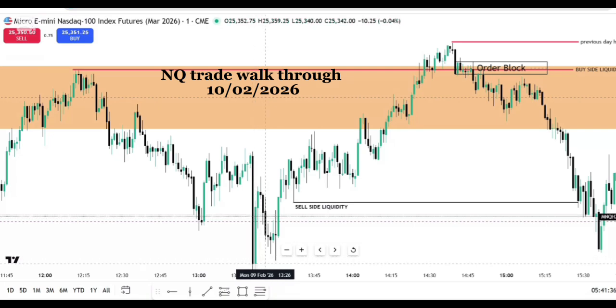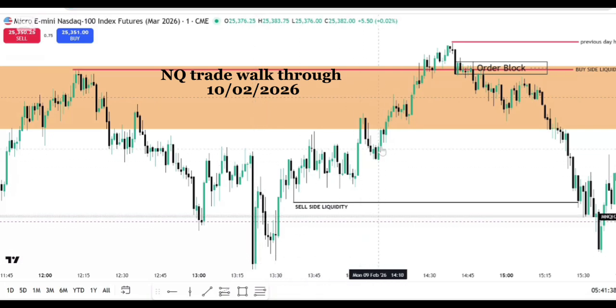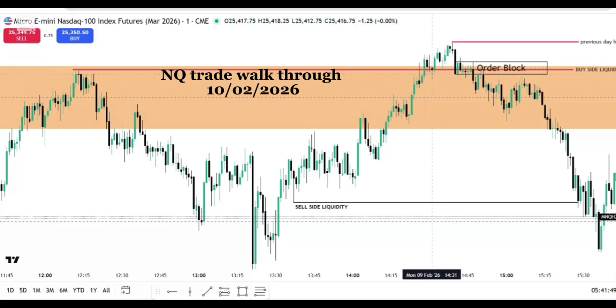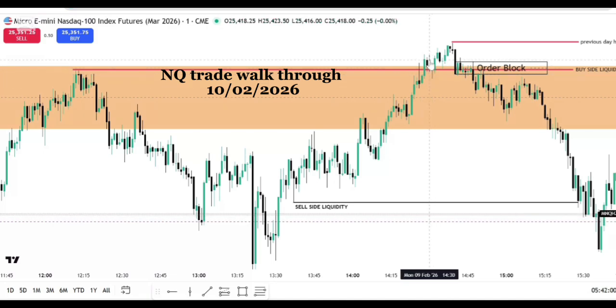After price breached my buy side liquidity, I had an idea that the price will retrace a little bit, you know. So after my buy side liquidity was ran over, I had to start looking